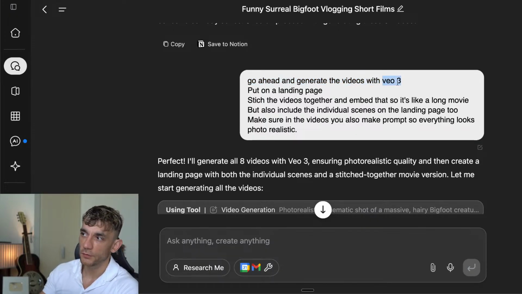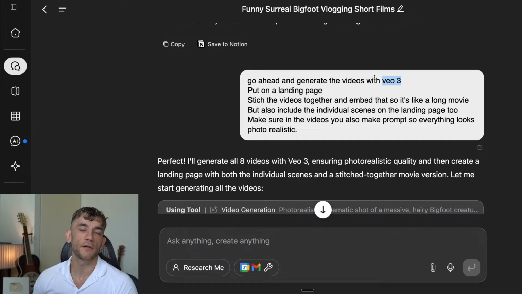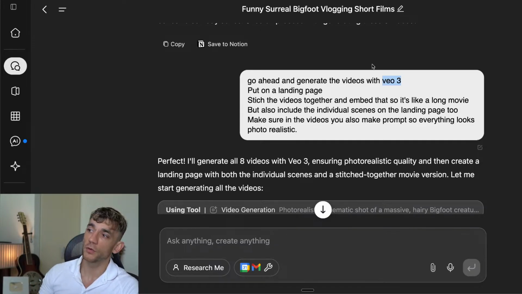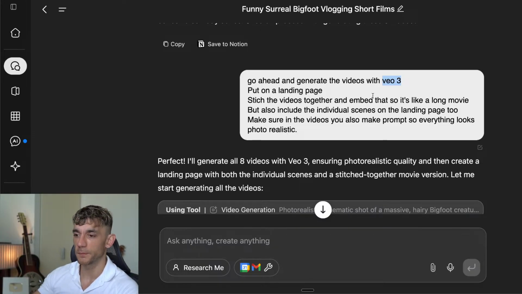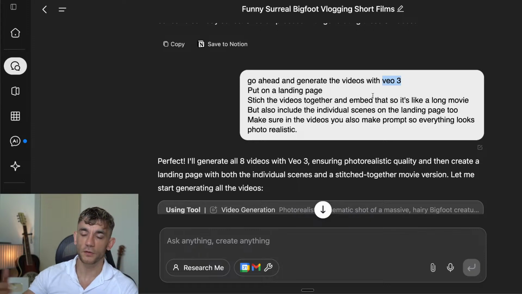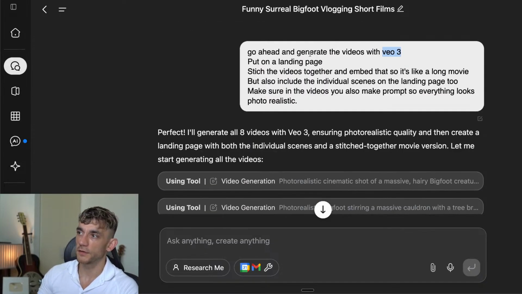This is important to say as well, because when you're generating the videos, these AI super agents have access to stuff like Kling, Qwen. They can generate videos in many ways. But the one that you want to use, the best one, is Veo 3, because that actually syncs the audio to the video, and the quality of the outputs is better. If you use, for example, Kling 2.1, you're not going to get audio synced with the video, right? So it's just not going to be as good. So make sure you say Veo 3.